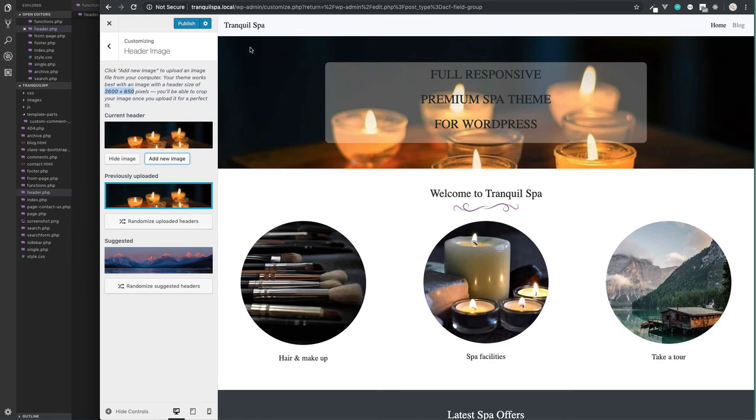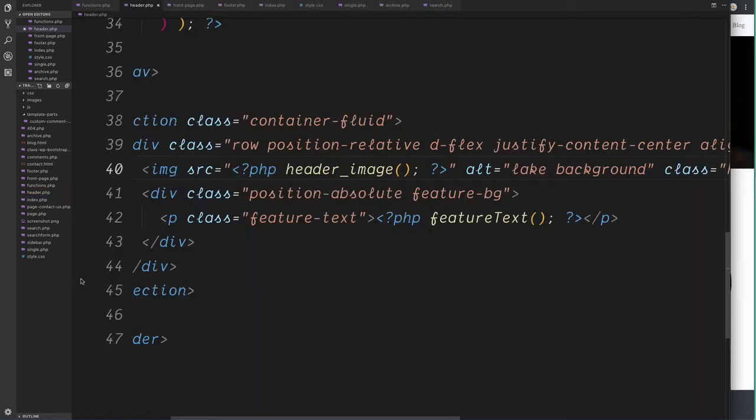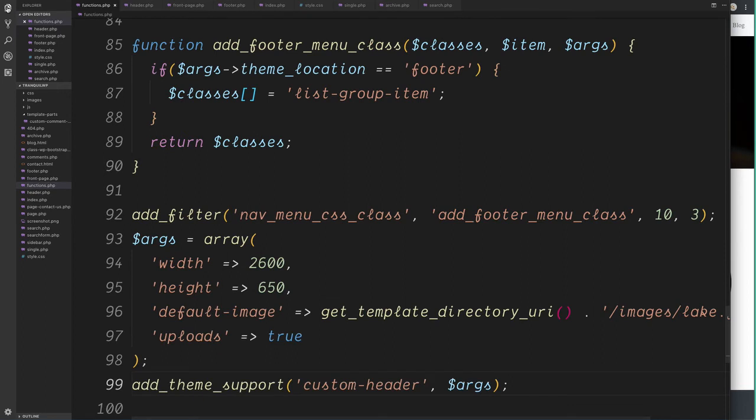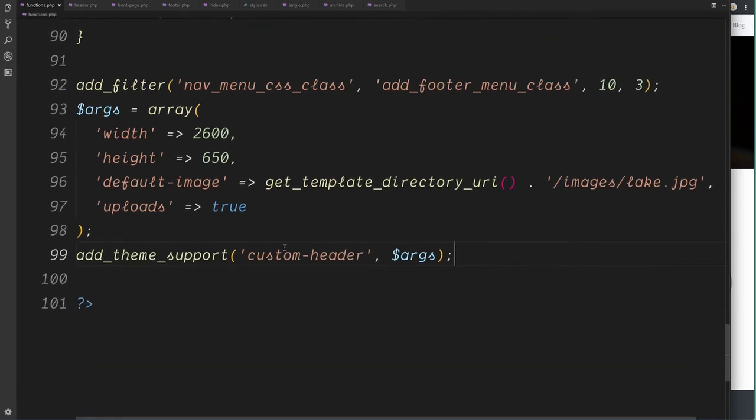Before we move on though, I want to show you one more thing. And this is how we can set up an array of default headers. Setting this up will allow the user inside this customizer to just click on any of the images which we provide them and change it at the click of a button. We do this just after our custom header which we just set up. So back over to our functions, just below add theme support,